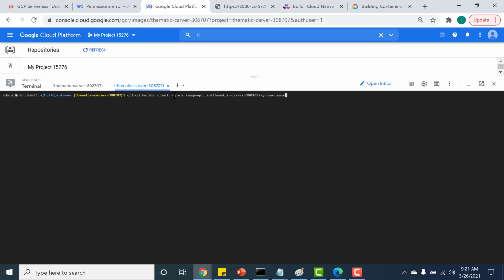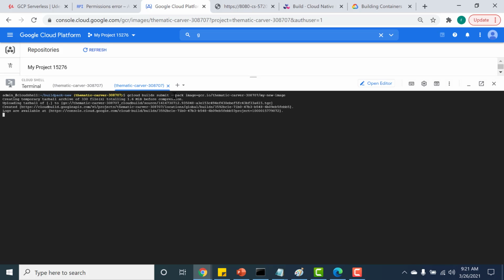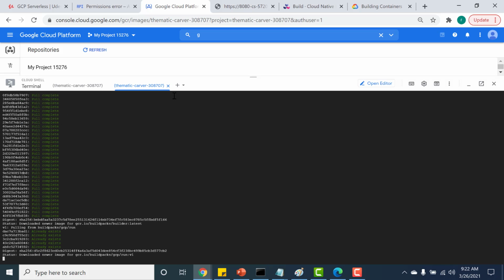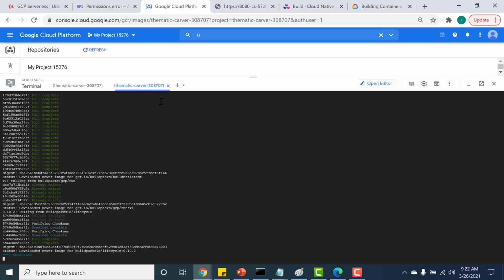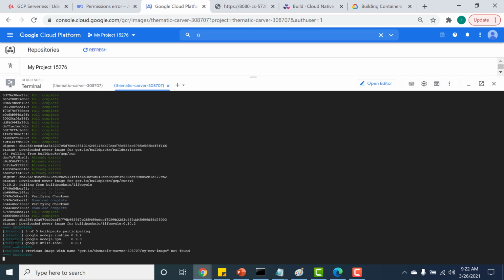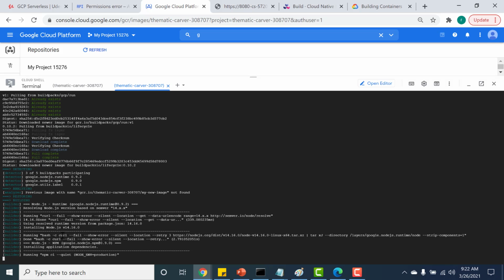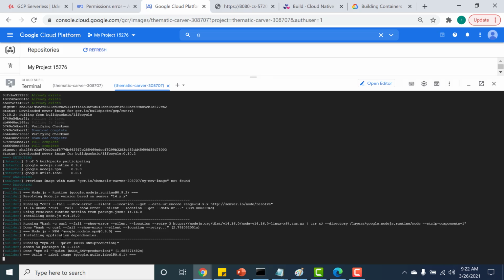Once again, the pack command will detect what kind of application it is, and based on that it'll pick up the appropriate builder and build the container image. So let's run this command. Here the detection phase happens, and it was able to detect that it's a Node application, and it's further doing other processes to create the image.